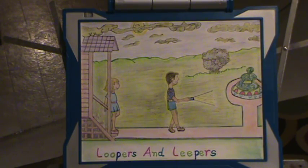And there he was, sitting on the front porch and watching the view. He was there, right there, just like we knew. "Hello, Clay. We've come to say, have you seen loopers and leapers today?" said Billy. Then Clay looked at me and Bonnie and thought for a while, until suddenly he smiled a big